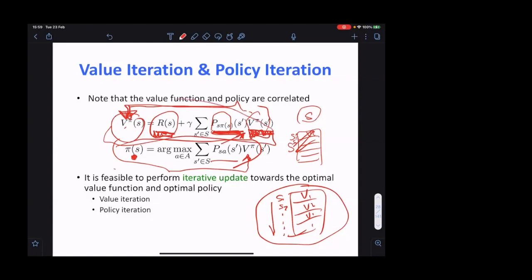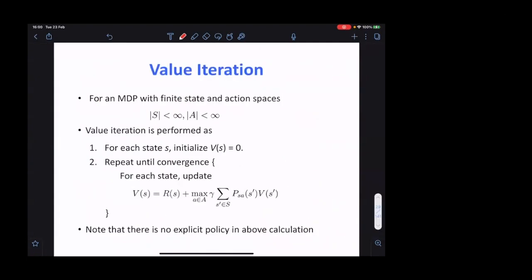Depending on whether you make use of the policy, you have two different algorithms. One is called value iteration, which only relies on the value function update, and the other is policy iteration, where you update your policy each time. But either way, it's an iterated update. So this is a